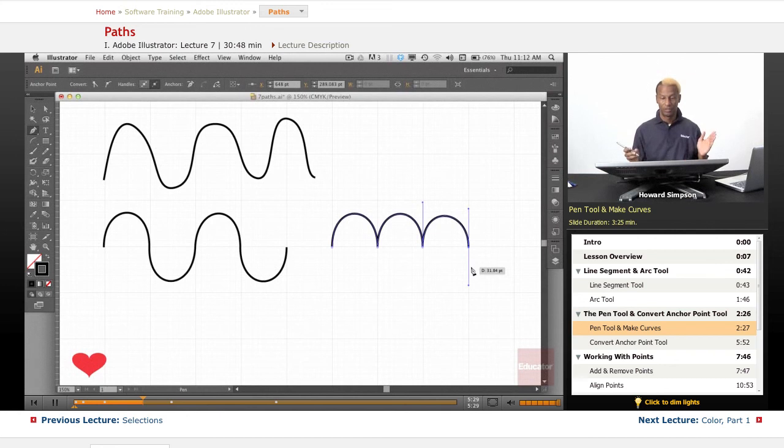Okay, so now while we're on the Convert tool, let me show you, because there are different ways to modify this now. Again, I have Smart Guides on, so I can see the anchor when I go. The Smart Guide will show me where the anchor point is. So here's one right there. And you can see these different anchor points here. So now